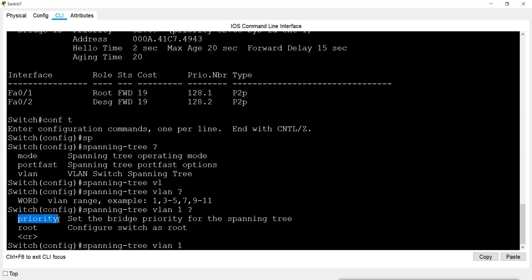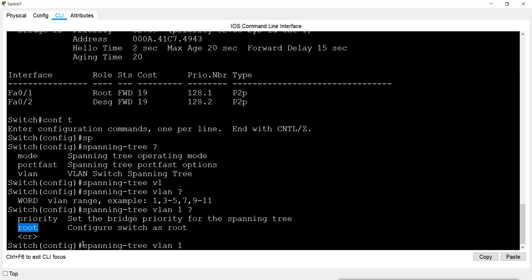We can manually change the priority on all the switches, giving a lower number to the switch I want to make the root bridge. If I feel another switch should become the root bridge next, I will manually change the number of that bridge too, so that it becomes second in place. So we can use the priority command, or directly configure a root bridge.